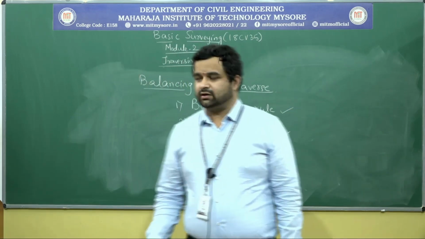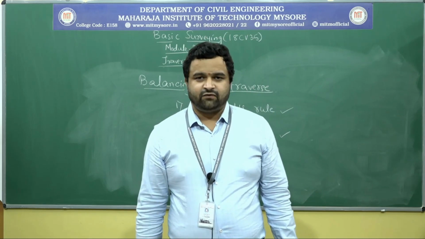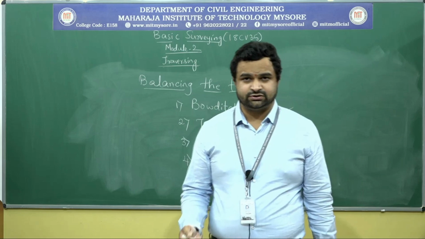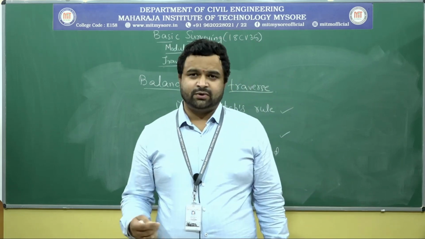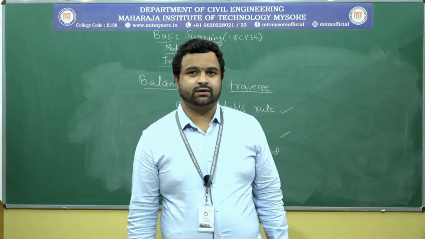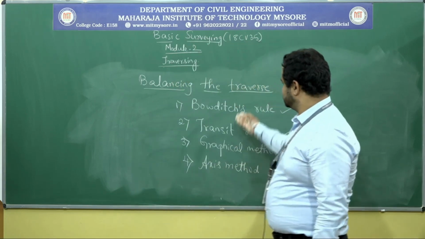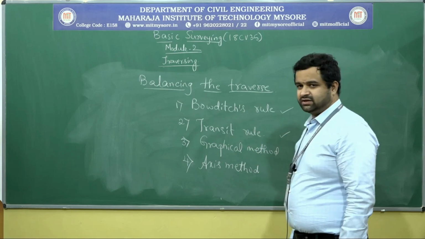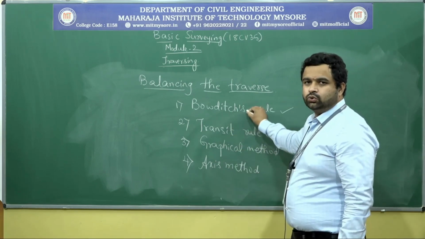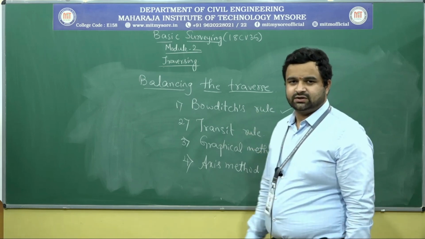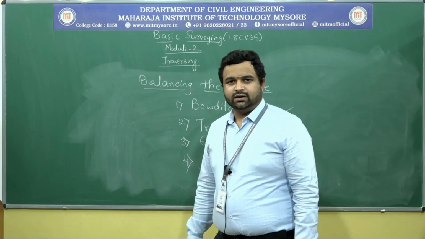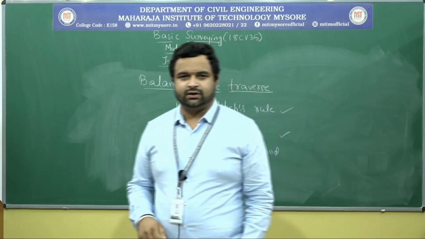The term balancing is generally applied to the operations of applying corrections to the latitudes and departures, so that summation L is equal to 0 and summation D is equal to 0, and this applies only when the survey forms a closed circuit or closed polygon. Okay, so there are 4 methods to balance the traverse, out of which we are going to discuss only 2 methods. So in the coming session I will be dealing with Bowditch rule and transit rule, and then numerical problems related to it. Thank you.